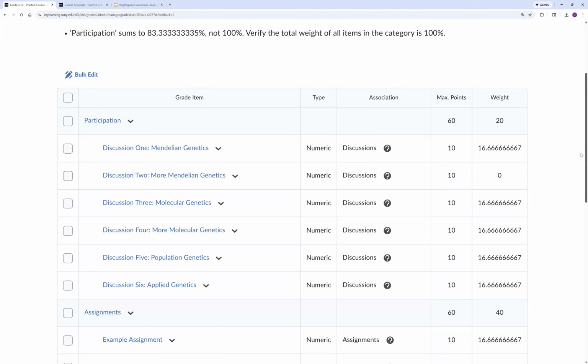So would you recommend that we just manually change the weight on each of those discussions that do have weight on them? Well, is this a case where you want different weights on assignments, or you want some assignments to be weighted and others that aren't, or you just want some assignments not to be used in a semester? If the discussions needed to have different weights on them, it would have to be manual, correct? Yeah, but as long as it's not a 0 weight, you can do it with the points